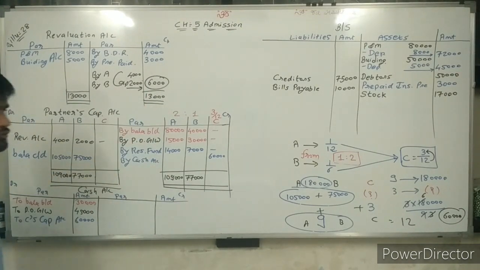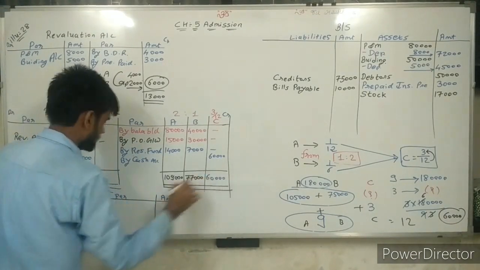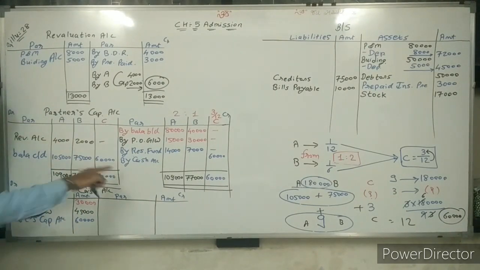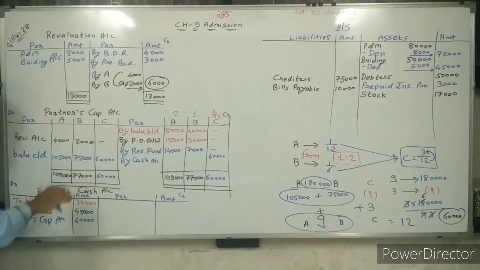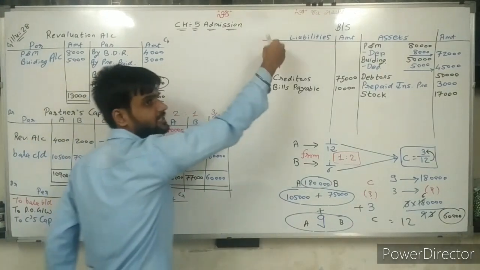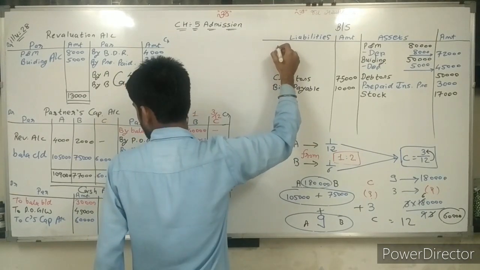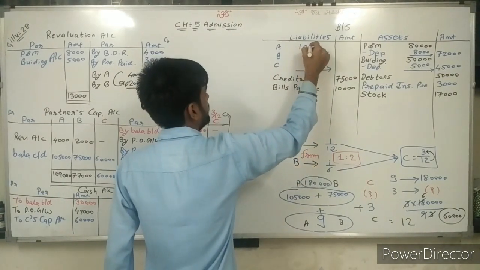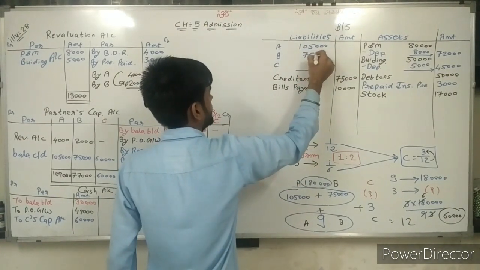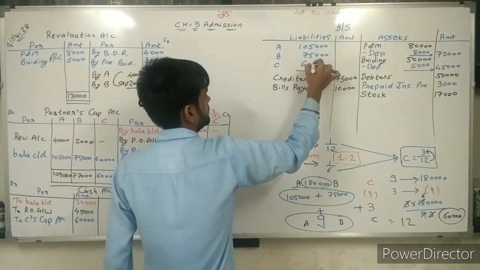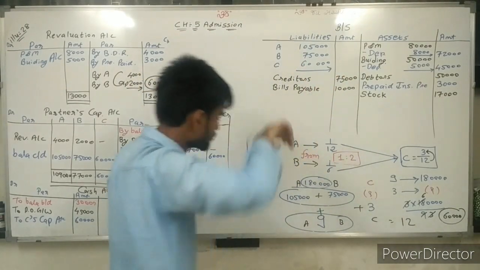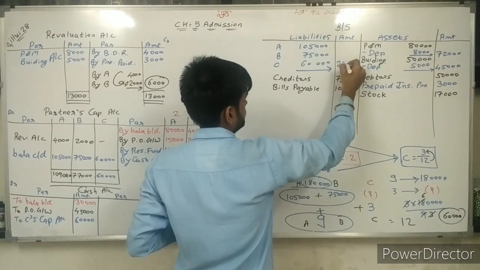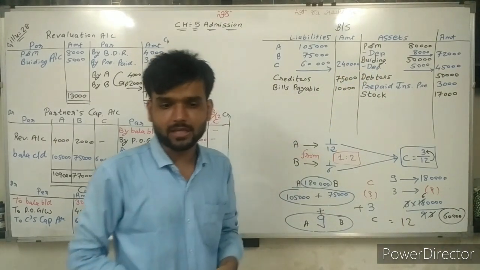Now we can close this account. Total is same, 60,000 we are writing here. My balance is 60,000. Now in the balance sheet, for all, 105, 75, 60. That is transferred to the credit side, so we have to write A, B, C, total of 3: 105,000, 75,000, 60,000. So total 180 plus 60, 240. 240,000 is the capital amount.